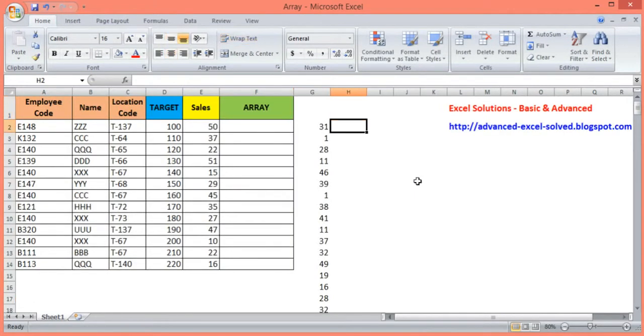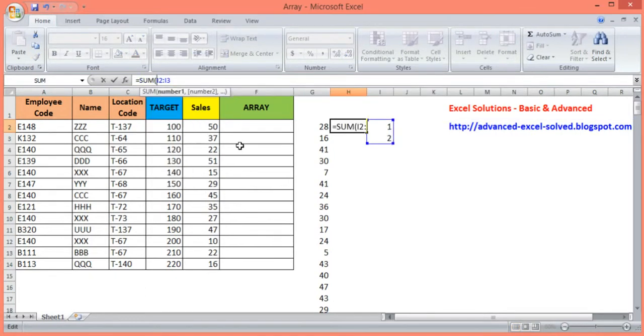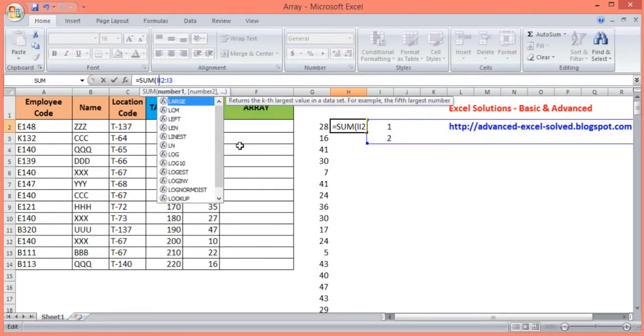So I will write 1 and 2 in another column and write here equal to, as I showed you. I am repeating the same step. Select these, press Ctrl Shift Enter, the array is done. Now I need to sum up, so I will write the SUM function, and within the SUM function I have to find the top largest numbers, so I will write LARGE.